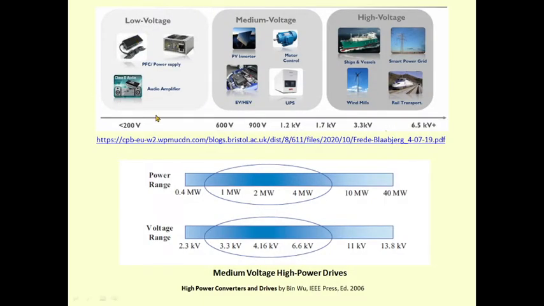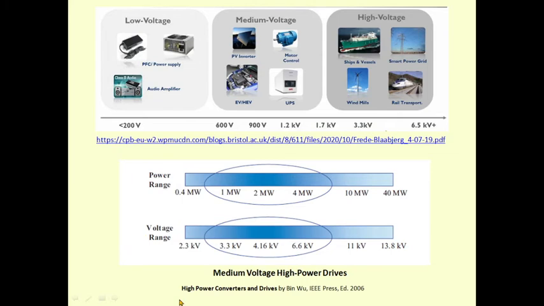So coming to what I was saying about the low voltage, medium voltage and high voltage. You can see the appliances over here. We are having inverters, motor control, electric vehicle, UPS in the medium voltage range. In the high voltage range we are having windmills, smart power grid, in which power can be controlled in a smart fashion. So this is one scenario. Okay, this is by one professor basically.